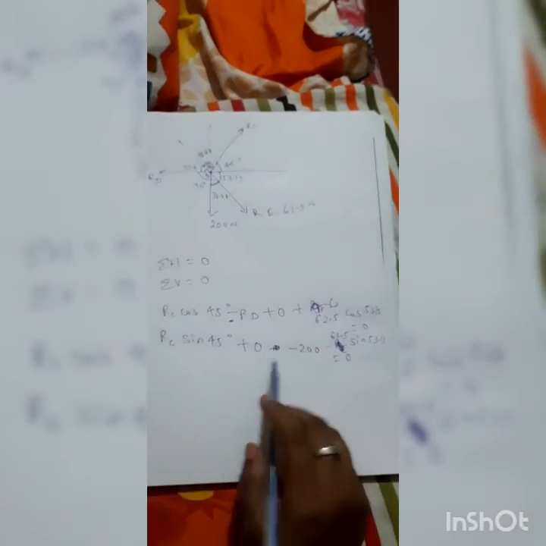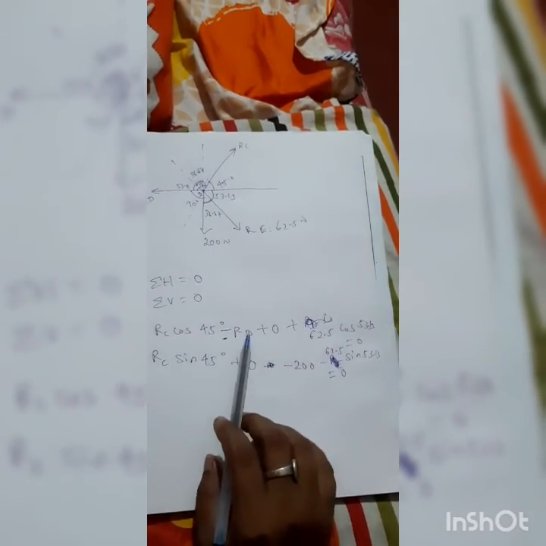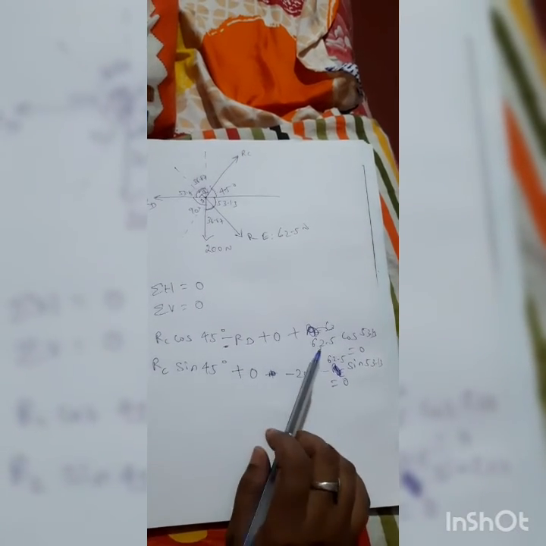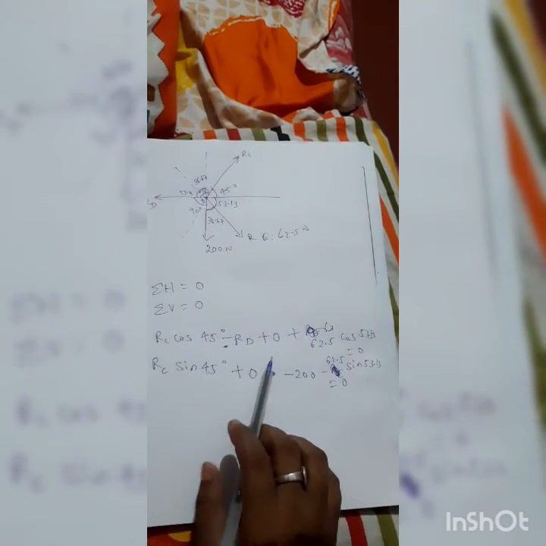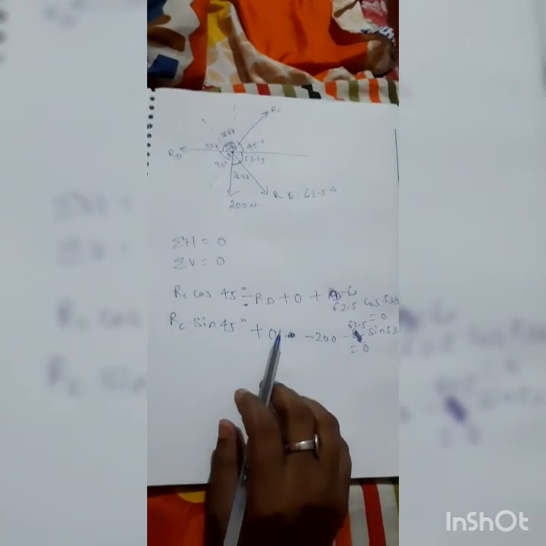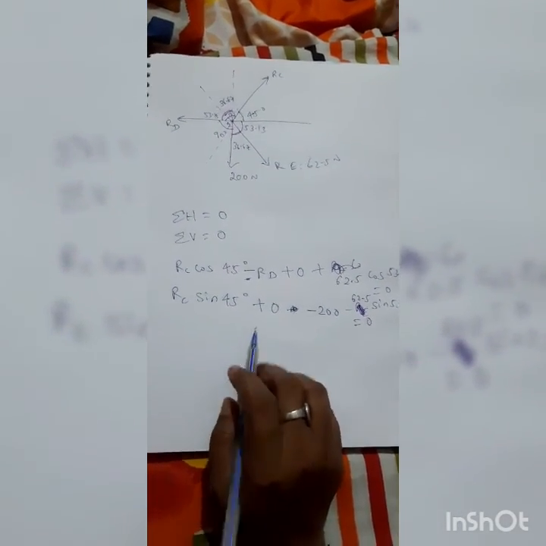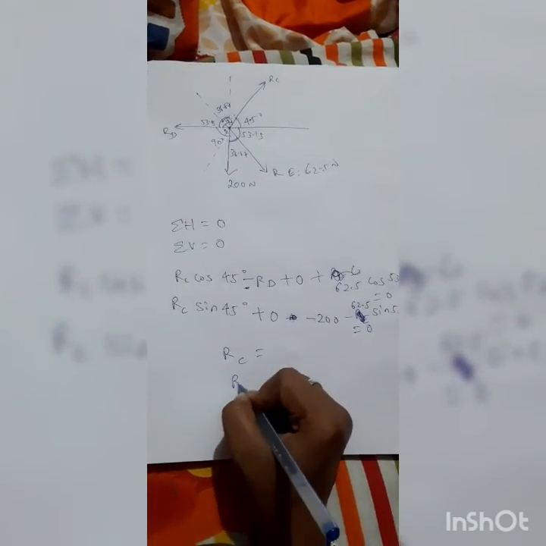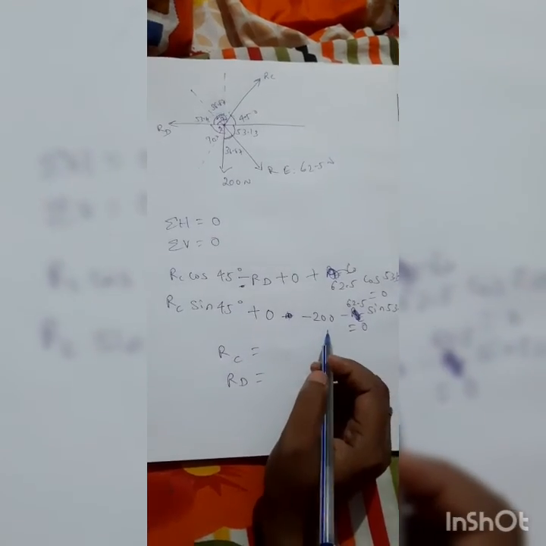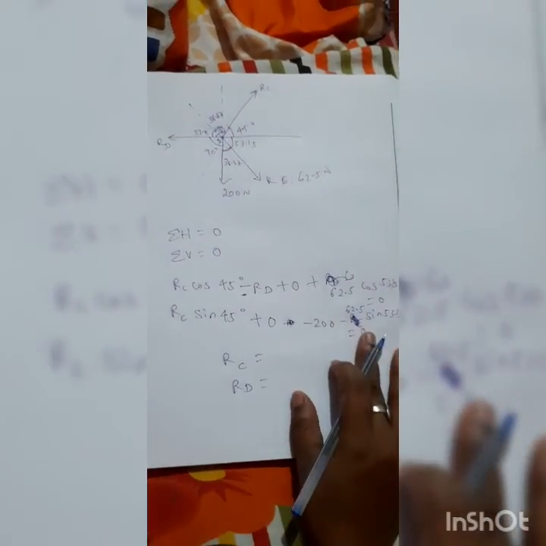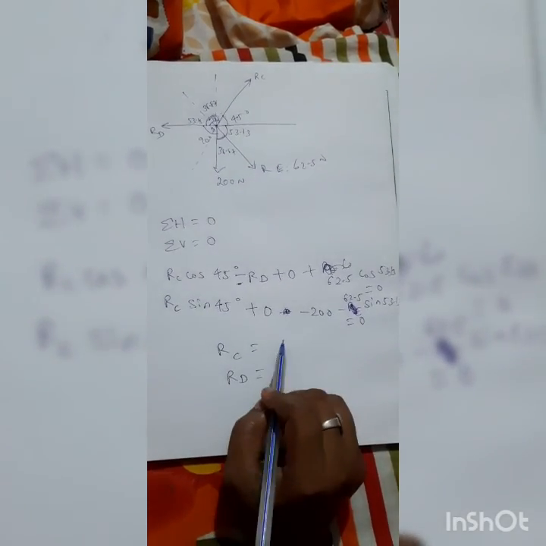So here only two unknowns are there, RC and RD, and two equations are there. So two equations, two unknowns, so you can easily solve it. So after solving this, you will get the value of RC and RD. So here you got 4 reaction forces at 4 contact points. So I think you can solve these two equations and calculate the